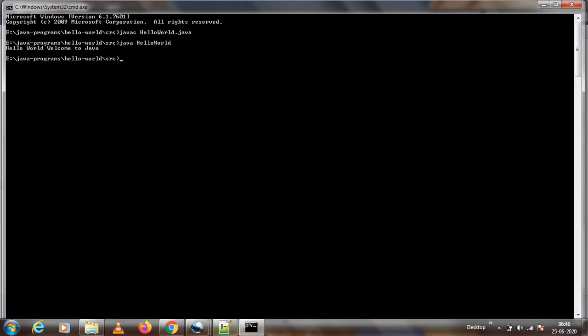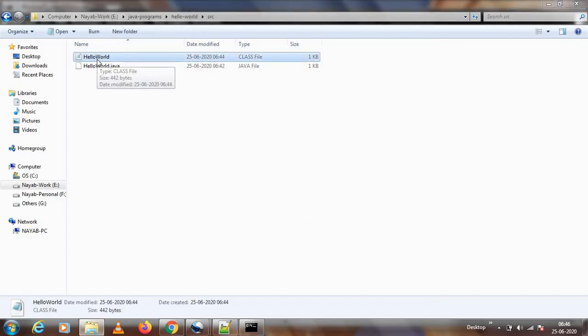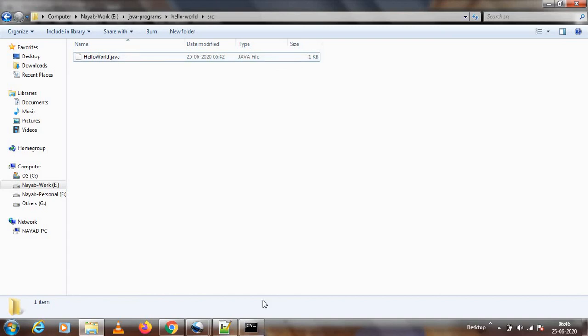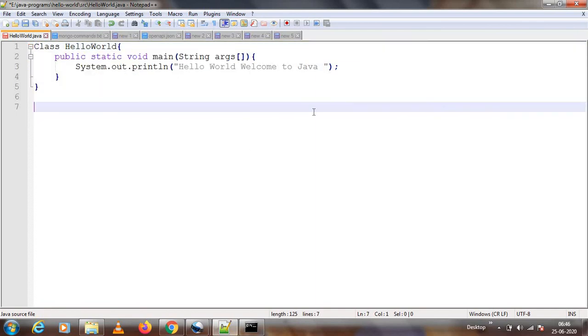Next, let us play with this program a little bit. I will delete this .class file, so I now have only the .java file. Let me make this class name in caps. I told you Java is case sensitive, and I should prove it. So how am I going to prove it? I just made the class keyword a capital letter.